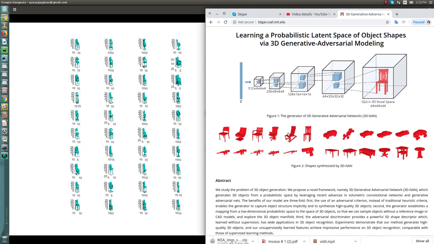What they proposed is that with the help of deep learning, convolutional neural networks and TensorFlow, you would be able to create a 3D CAD model from a 2D input image using a generative adversarial network. Okay guys, so this is the model they proposed, and they synthesized shapes like these. You can see chairs, cars, I don't know what exactly this is, guns, tables, and so on.